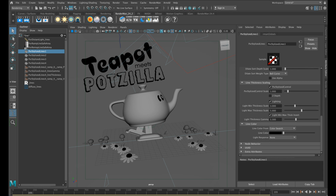But I essentially offset the noise so it would kind of wave instead of undulate. And the tutorials that I've put together walk through the steps of, hey, here's my 3D scene, I'm going to start putting lines on it, and here I'm going to add some things to make the lines wavy and add more character to the line. So it's sort of an introductory onboarding to the whole stylized look system, because